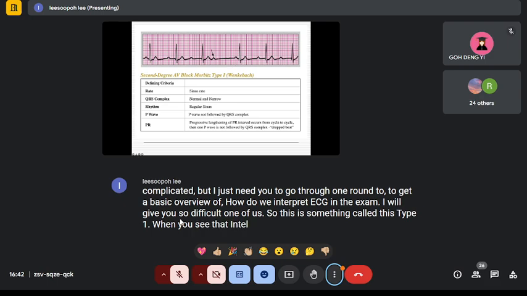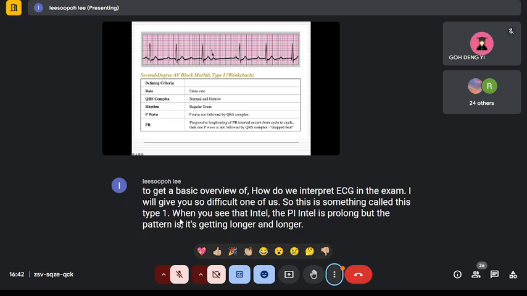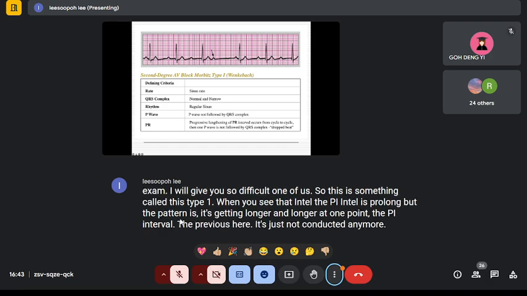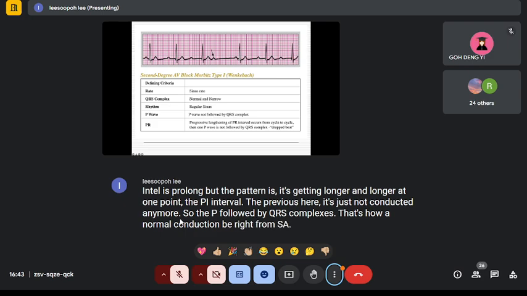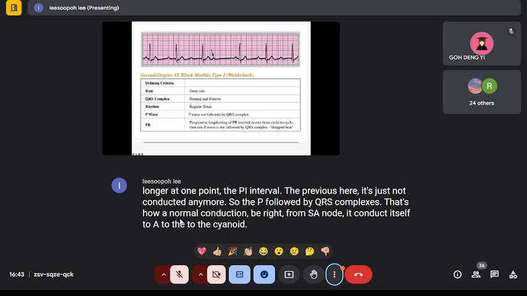When you see the PR interval is prolonged, but the pattern is getting longer and longer, at one point the P wave is here, it's just not conducted anymore. Normally the P is followed by a QRS complex. That's how normal conduction should be, right? From the SA node, it conducts to the ventricle, followed by